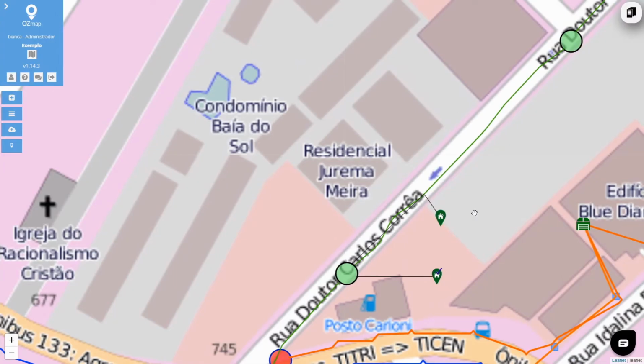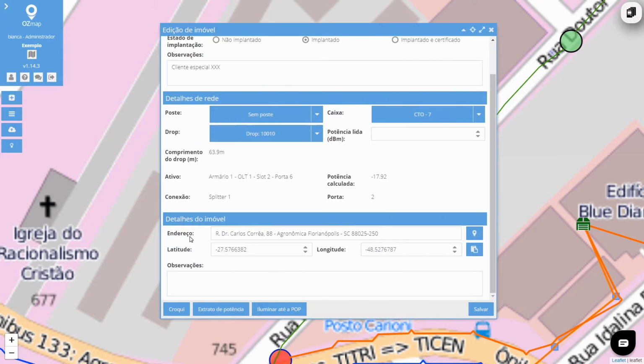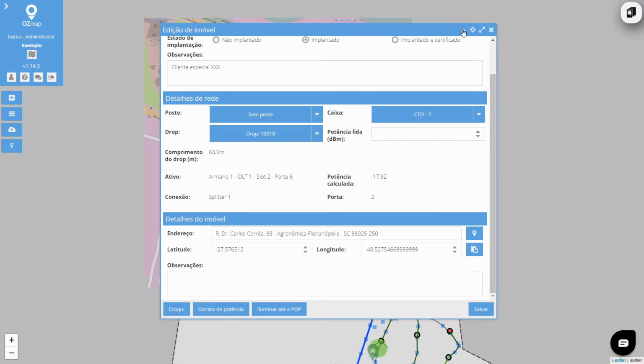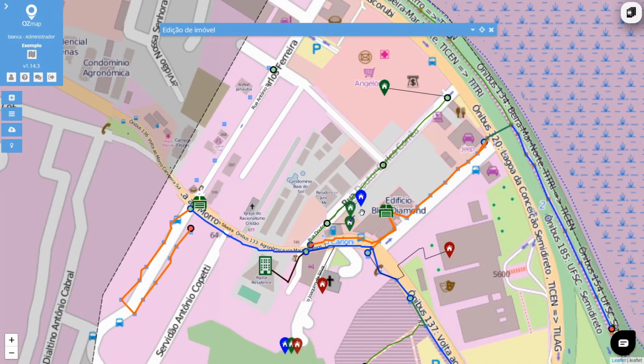In OZmap, you can allocate your client according to address. To do this, left-click on your client. And here, in this new window, in the Property Details option, next to the address, there is the option to search for latitude and longitude using the address. So you click here. And here on your map, you'll be able to see the current position of your address